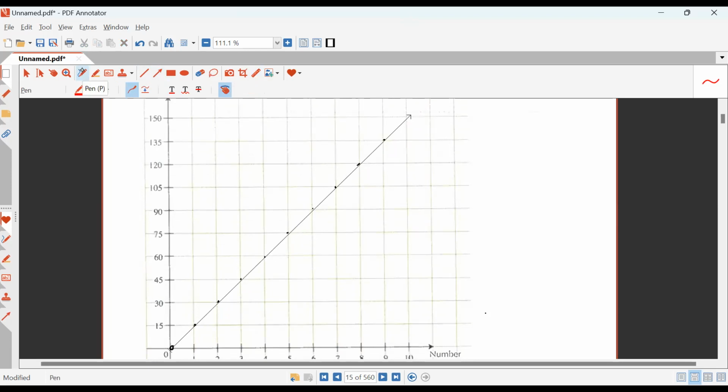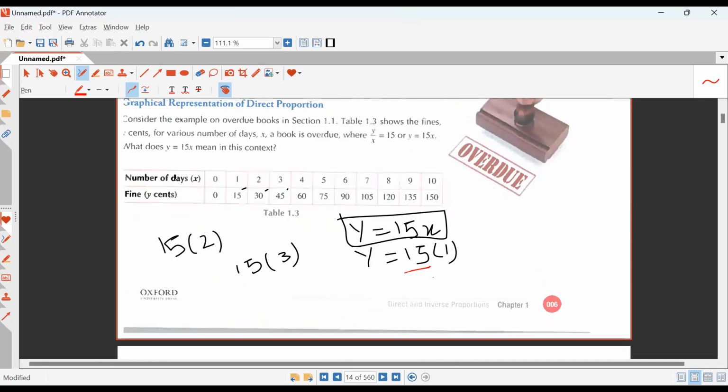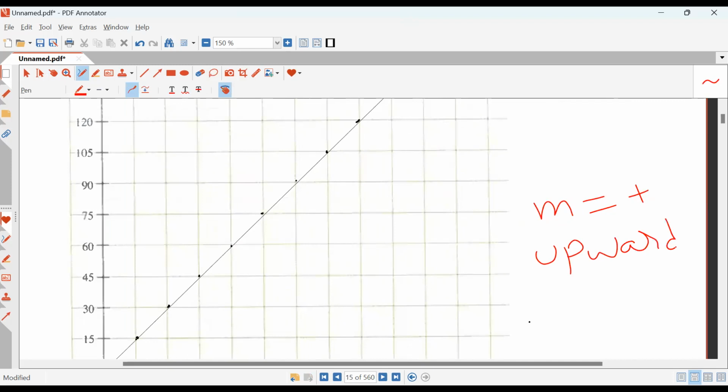Firstly, as there is direct relationship, so I will say m, which is basically the gradient, it would be positive. And we can see it over here, m is positive, m is 15 over here, the gradient is 15. The rate at which it is changing is positive 15. So this thing indicates that the graph should be upward sloping. This is an upward sloping graph. Upward sloping